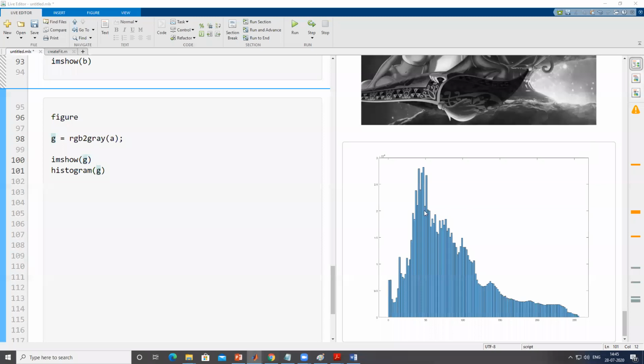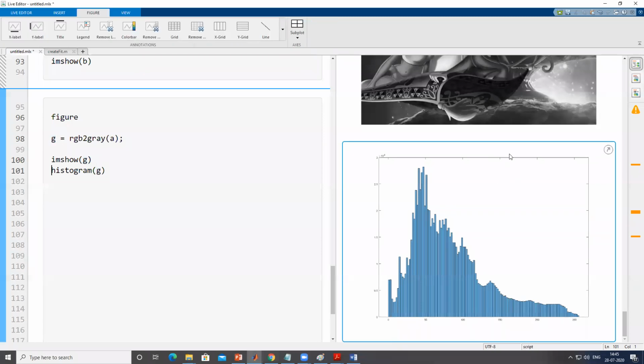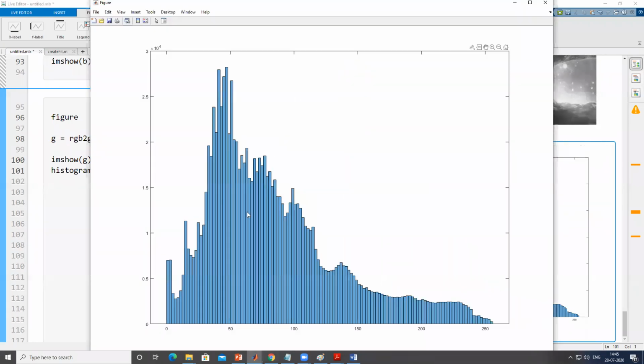Here you can see in the histogram plot, let me zoom it over the entire screen so that it will be more visible to everyone. On the x-axis, you have the value from 0 to 255. 255 means the perfect white pixel and 0 means perfect black pixel.